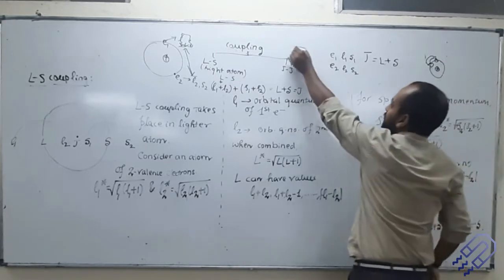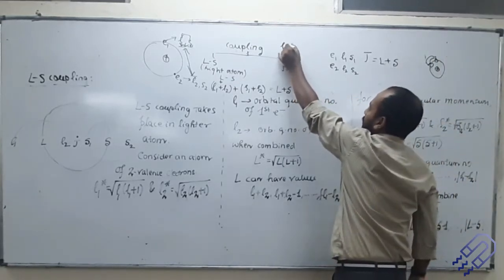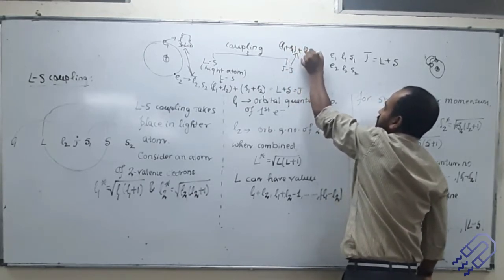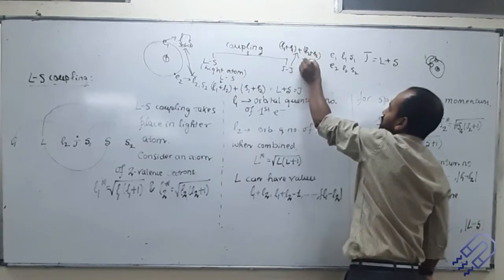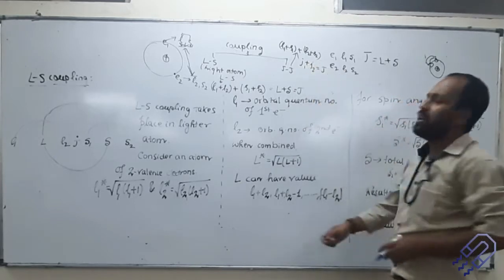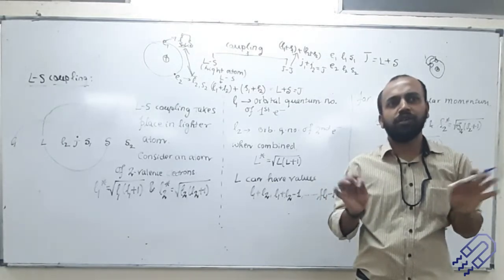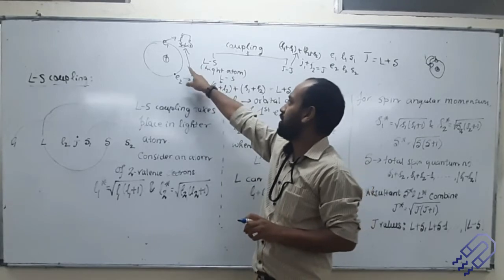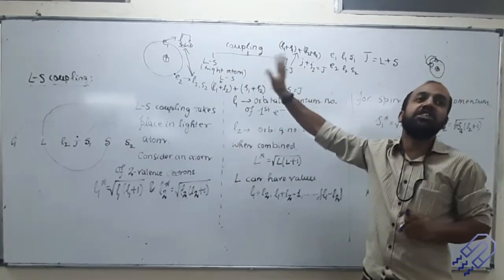What is happening in JJ coupling? The L1 of the first electron is going to combine with S1, and for the second electron L2 plus S2, and then I'm going to get 1J from the first electron, 1J from the second electron, and they are going to combine and give me the resultant effect. Is it clear? What are LS coupling and JJ coupling? In LS coupling, L will combine to give you resultant L. In JJ coupling, L and S will combine to give you resultant J.